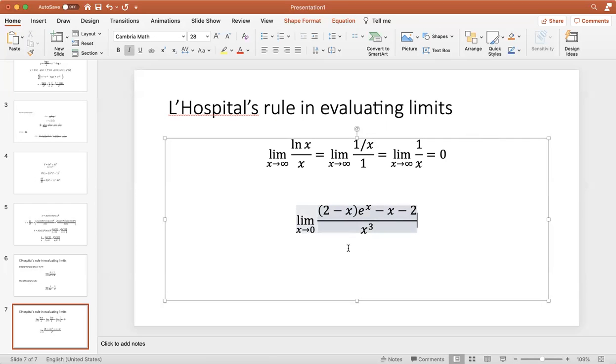Okay, so this becomes 0. So you have 2 e raised to 0 is 1. So 2 minus 0 minus 2, and you just have 0. So we'll need to use L'Hopital's rule 3 times, right? So let's take the derivative of the numerator and the denominator. So this is basically equal to the limit